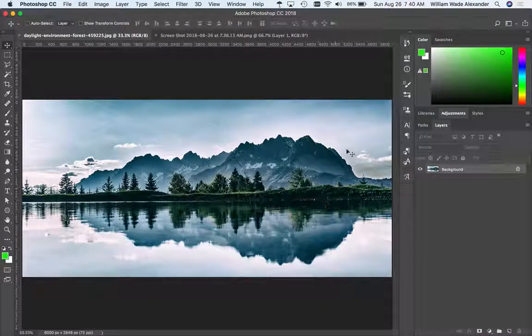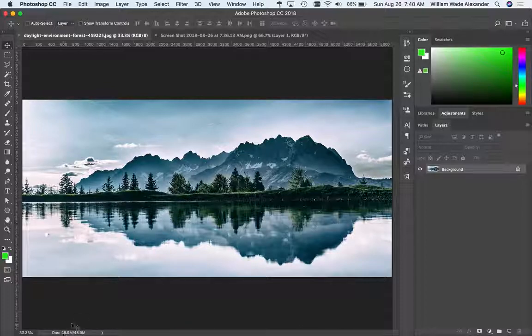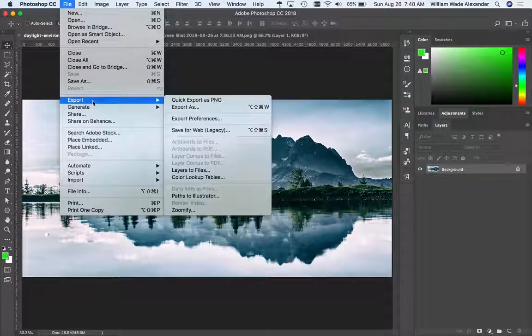So if I go back over to this image, I need it to be much smaller than it is in terms of pixels, but I also need it to be much smaller in terms of megabytes, the file size. So the first thing we're going to look at here is a tool in Photoshop that is an image optimizer, and it's been around for a long time. It's kind of an old tool at this point, but it really is good at helping you see how I can change the size of this image, both in the number of megabytes it is and in the number of pixels it is. So this is under the File menu, and then it's under Export,